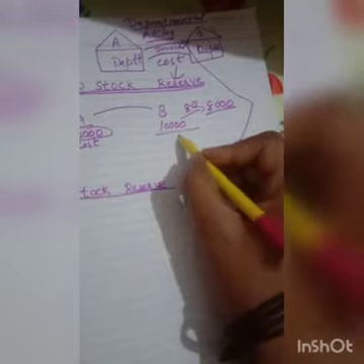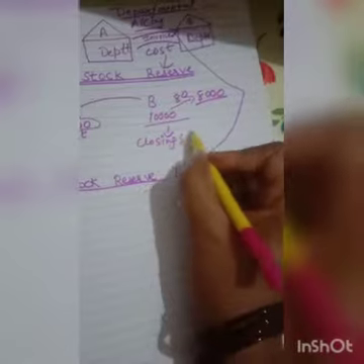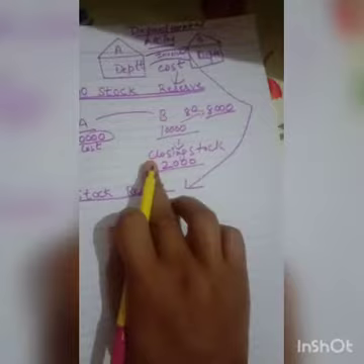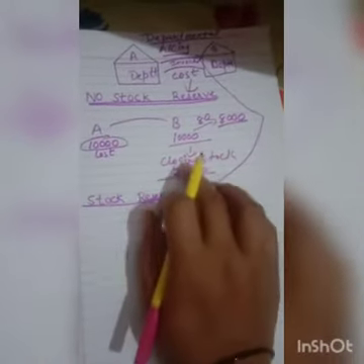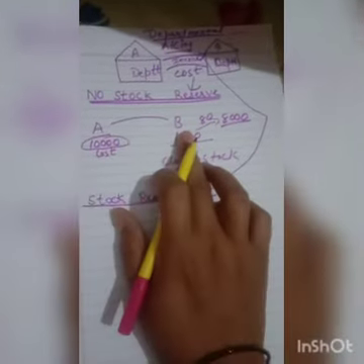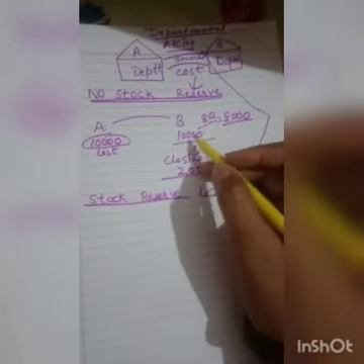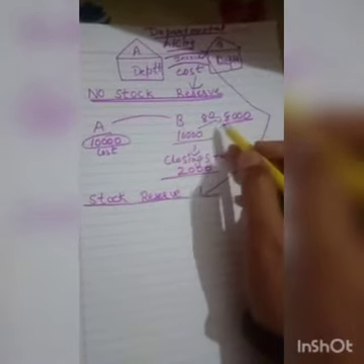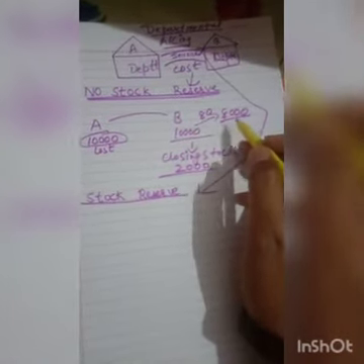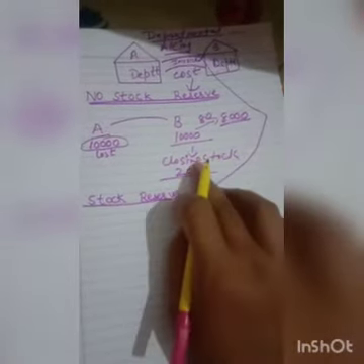Now how much is left? If we calculate the closing stock, how much is left? That is 2,000. So in this case, if you see, there is no hidden profit, because A has not raised the prices; it transferred the raw material to B at the same price. And when department B sold 80%, that is 8,000, the remaining closing stock is 2,000. So there is no hidden profit here.